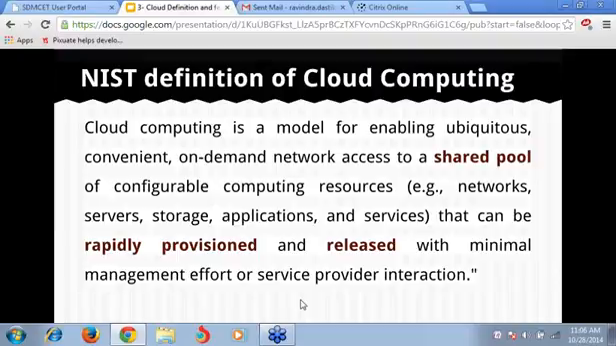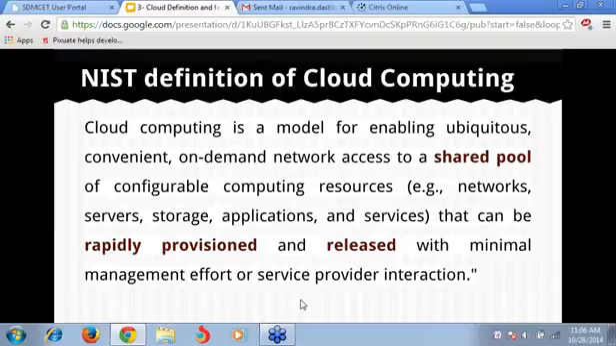NIST is the National Institute of Standards and Technology based in the United States. They have been working with many organizations and the entire industry. They have arrived at a simple definition, and today we will be considering that as the standard definition. According to NIST, cloud computing is a model for enabling ubiquitous